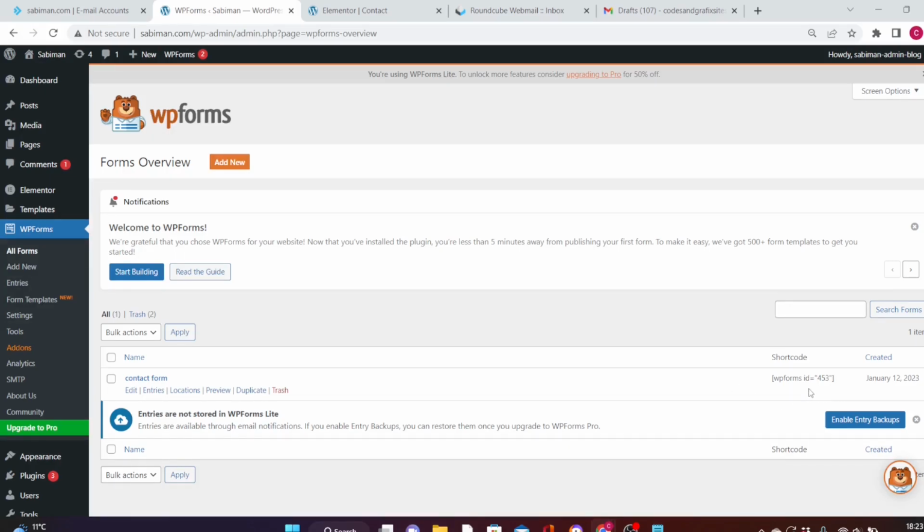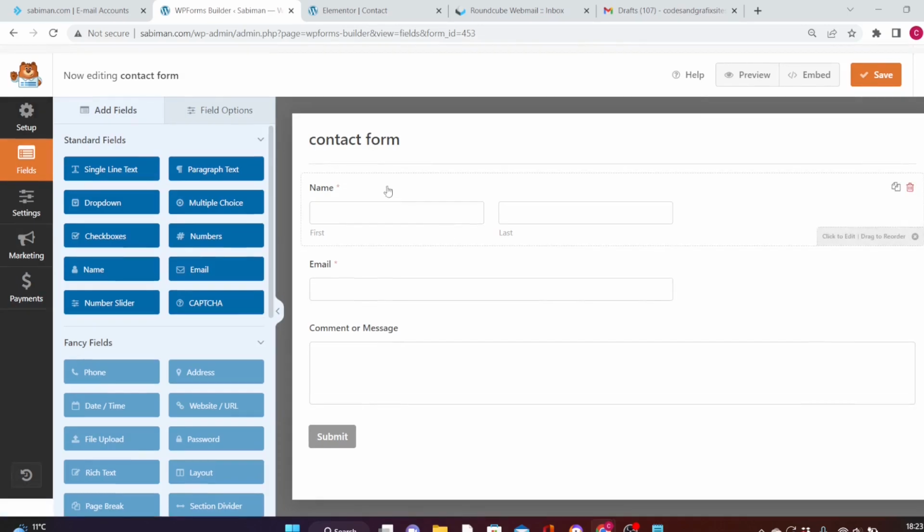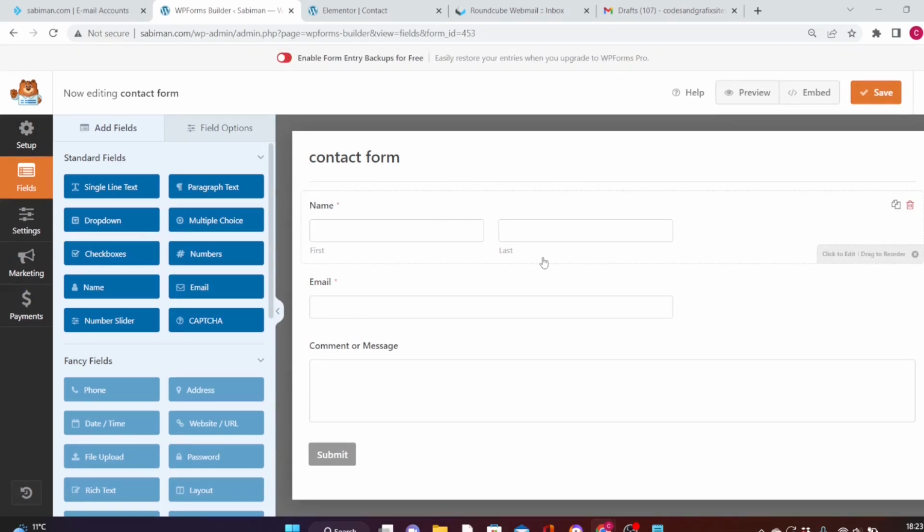So how was this shortcode made? You are going to click now on this edit or on this contact us form here. Then you can see that the simple contact us form we have here is the one we are using on our contact us page. So it comes with first name, last name, email, and message box. Now if you watch here by the left panel, you can see there are so many other boxes, so many other inputs